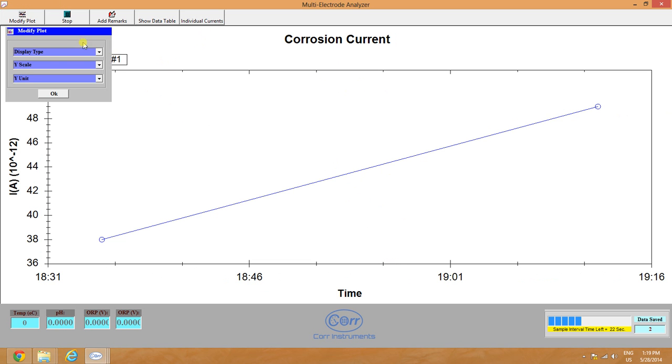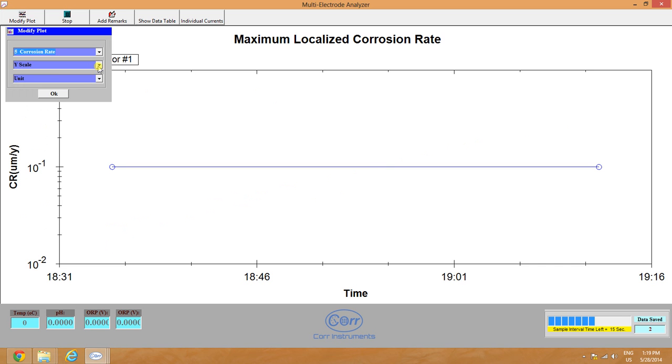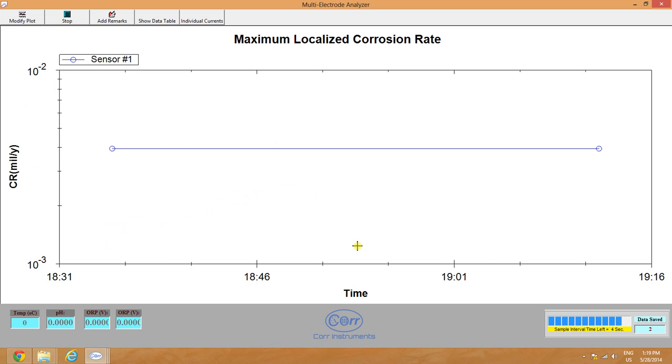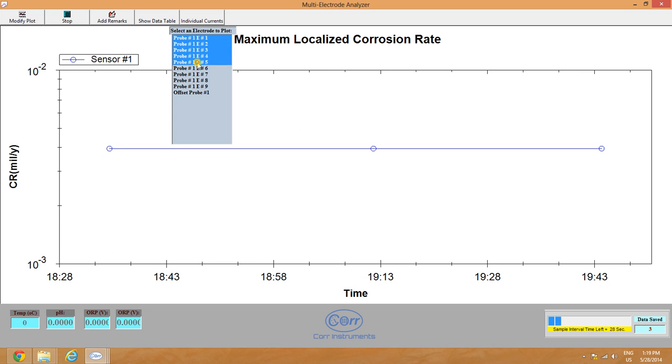And the modify plot button here will allow us to change what we're currently plotting. So right now we're plotting corrosion current. We can, for example, switch it to corrosion rate, or we can change it from logarithmic to linear. We can also come in here and change the units from micrometer per year to mil per year, for example. Hit OK. The other feature of the plotting mechanism is that we can also plot the individual currents from each